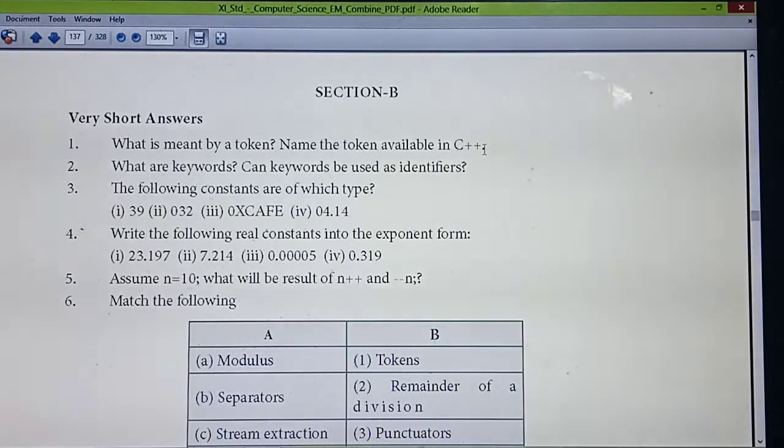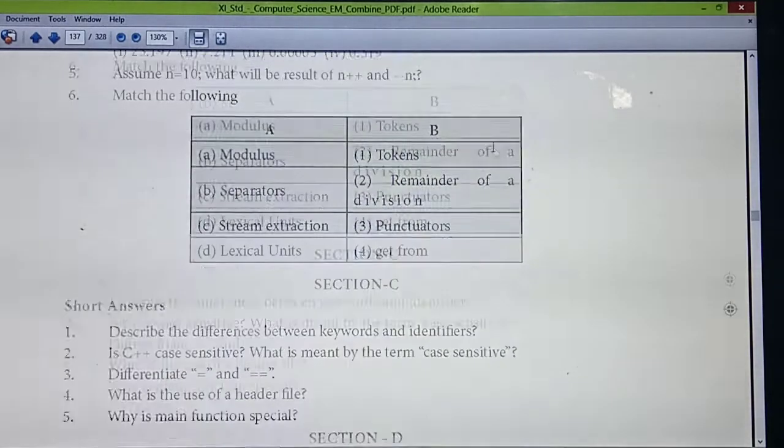Second question is also in page number 116. Then third question, fourth question, fifth question and sixth question you need to write in your notes or in a paper. Third, 4, 5 and 6 you should write either in your computer notebook or on a paper. First two questions, page number 116. Have you all written?